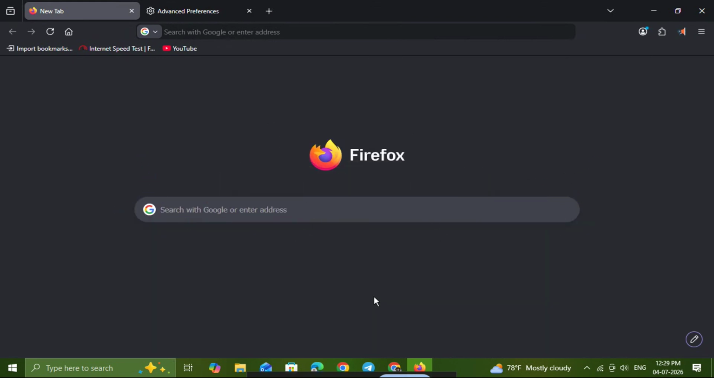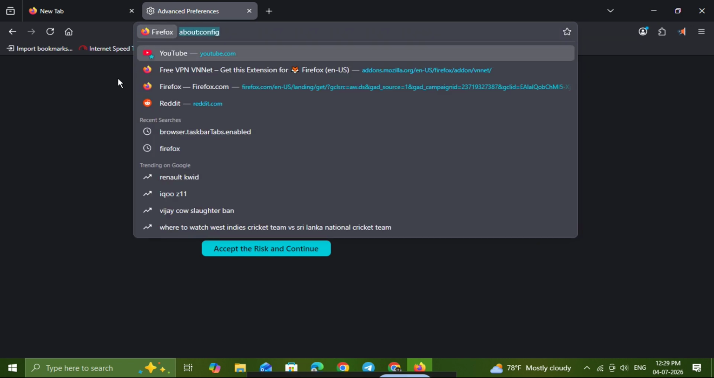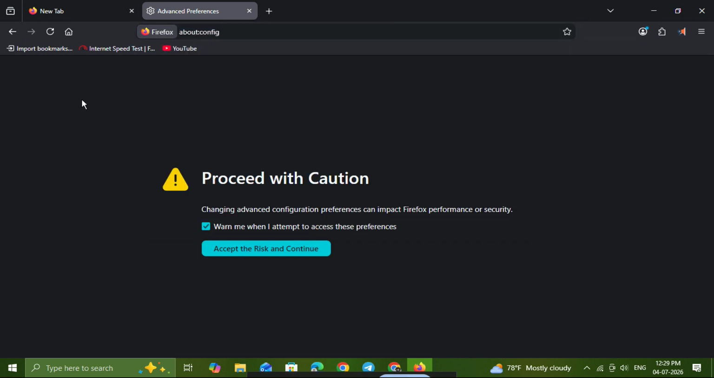First, open Mozilla Firefox on your Windows 11 computer. Once the browser is open, go to the address bar at the top and type about:config, then press enter. This is Firefox's advanced configuration page, where you can change hidden preferences that are not normally available in the standard